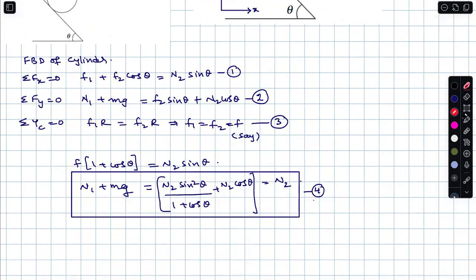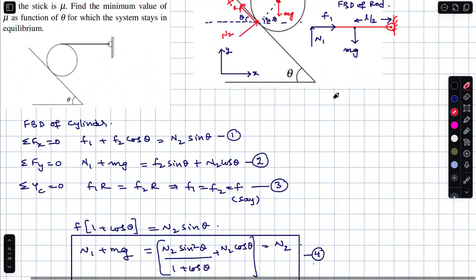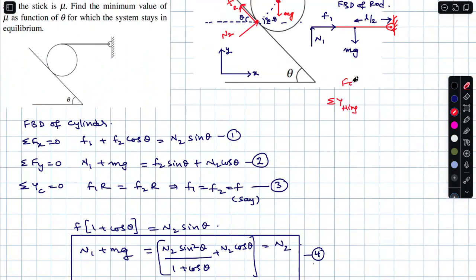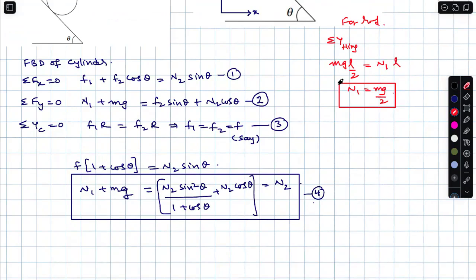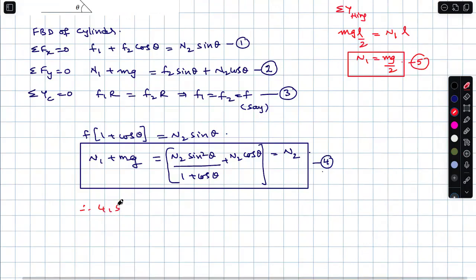To make good space here, I'll take sigma tau about the hinge for the rod. So you will get MgL by 2 is N1 L. Agreed? I am drawing this fast, force into force, which implies N1 is Mg by 2. Got the point? Right. Just wait a minute. Let this be equation 5. So therefore, 4 and 5 imply